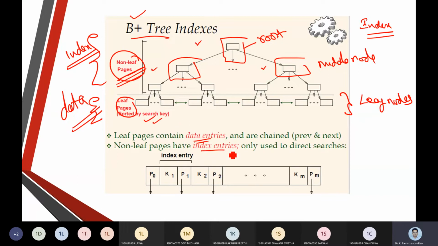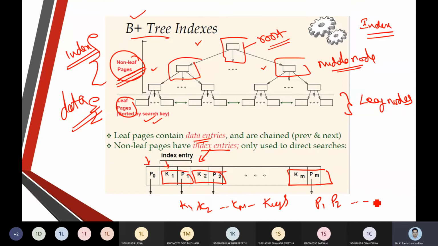And the second item was the index items. So these index items are placed at the middle nodes and at the root node. So now the question was, how are you going to organize the indexing? In order to organize the indexing, I have P0 and I have K1. So every component is going to have two direct searches. We have K1, K2, which we call keys.